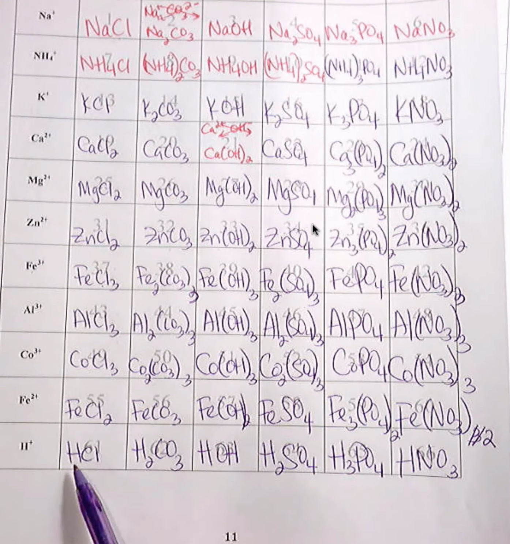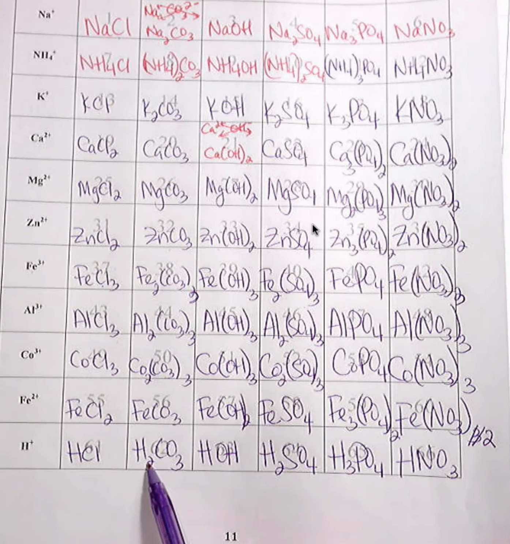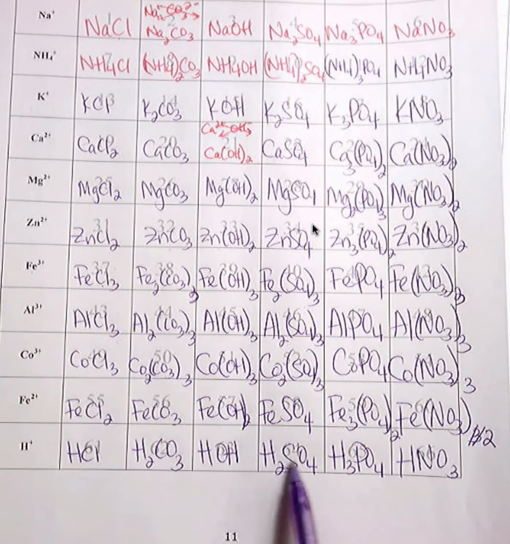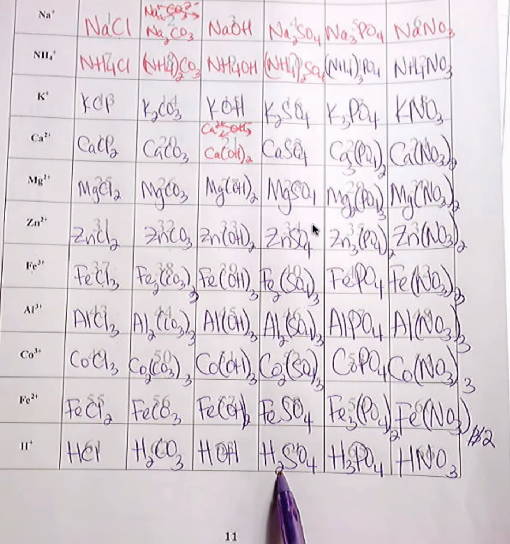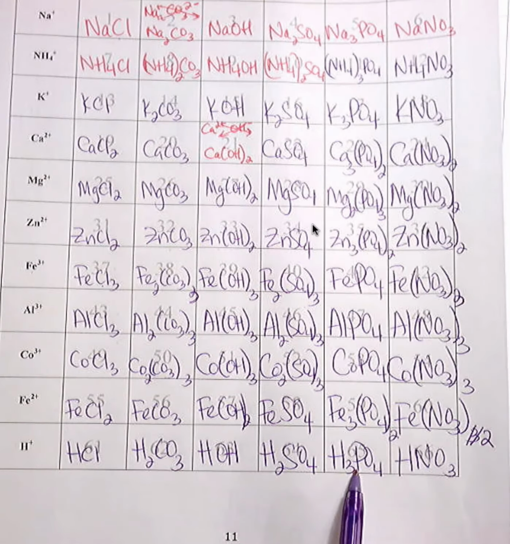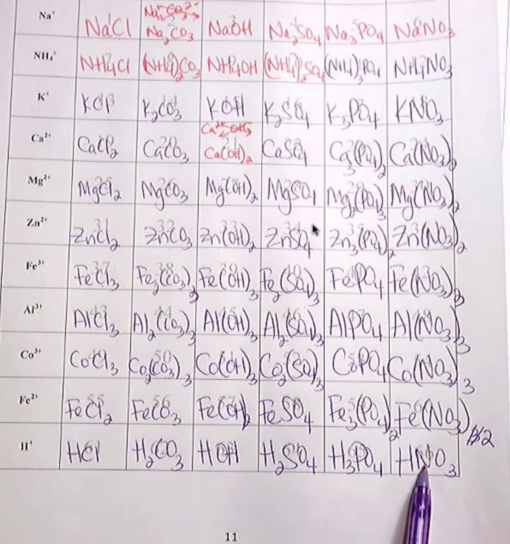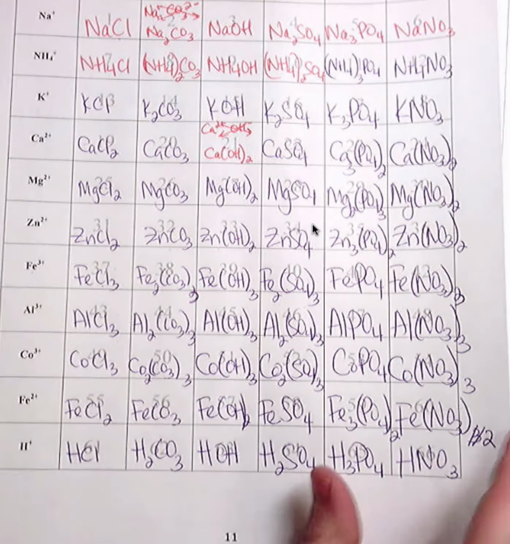HCl, so hydrogen chloride. 62 hydrogen carbonate. 63 water. 64 hydrogen sulfate. 65 hydrogen phosphate. 66 hydrogen nitrate. Okay,